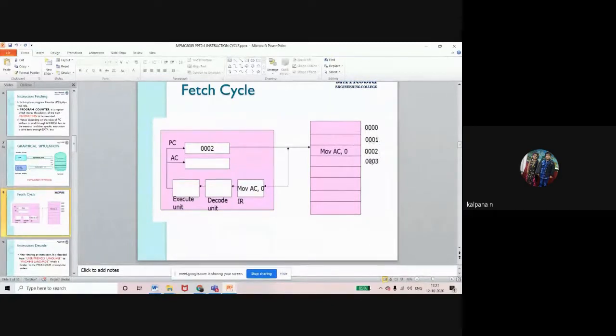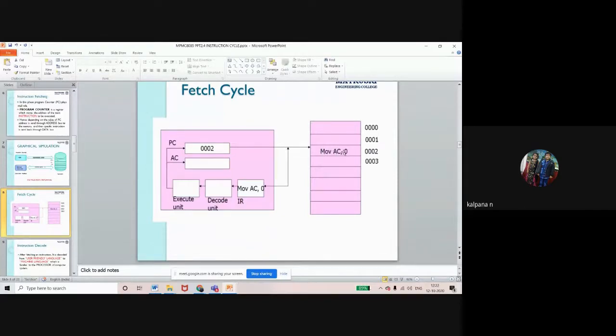These are called the addresses of these blocks. The first block address is 0000, the second block is 0001, the third block is 0002. Like that we give an address for each location.